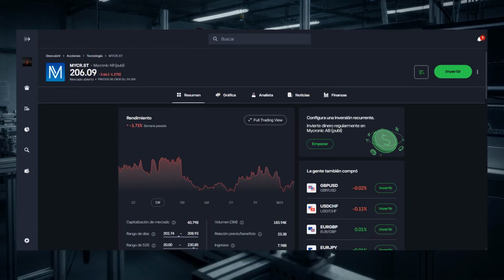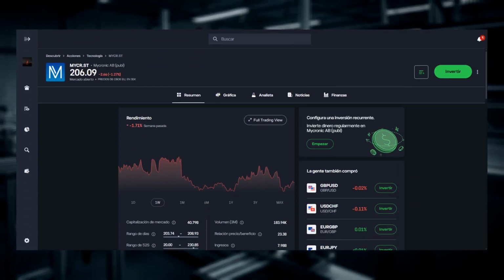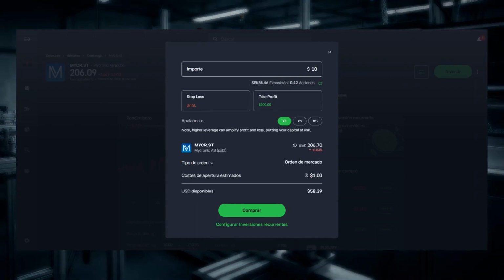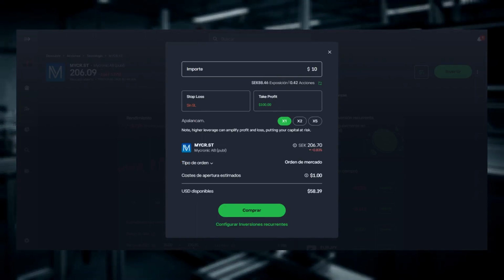On the stock page, review the brief company summary and the price chart. Confirm the listing displays Mycronic AB publ and the ticker MYCR.ST before continuing. To place an order, click Invest or Trade, enter the amount you want to invest, then review the order details